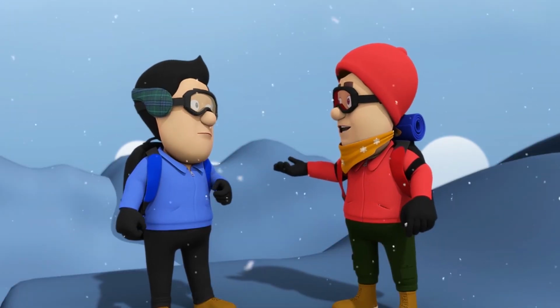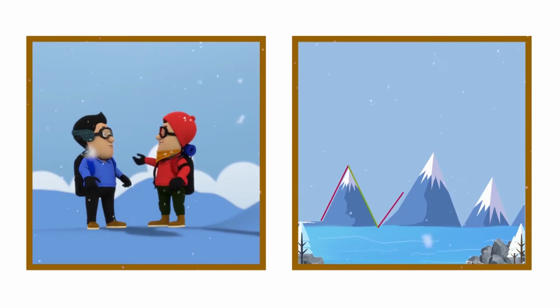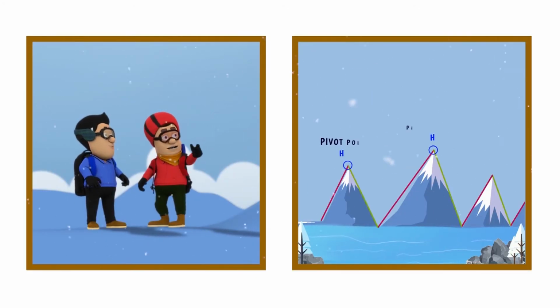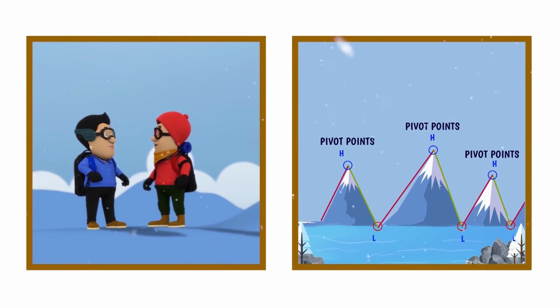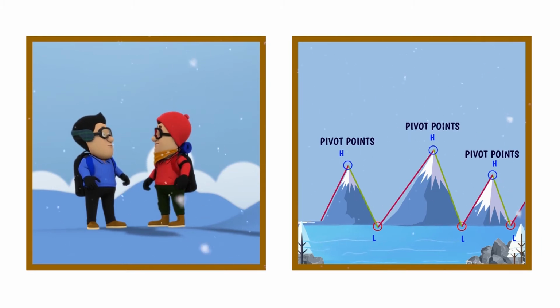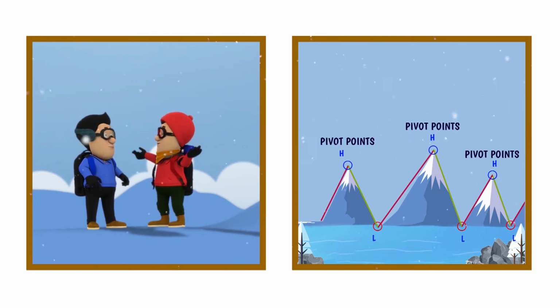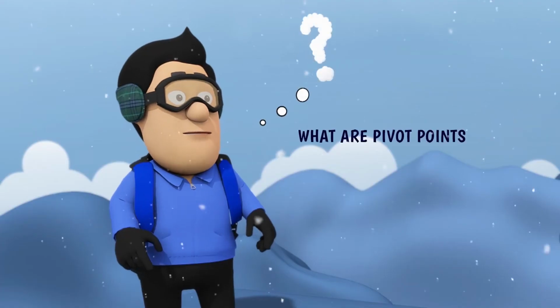Okay, but how can you tell whether the market is in an uptrend, downtrend, or sideways trend? Zen, you're familiar with the mountains, right? You like them? Yes. Well, just like mountains, trends have high points and low points as well. We use a concept known as pivot points as one of the most common ways of assessing the price action or the trend in the stock market. Pivot points? Now what's that?